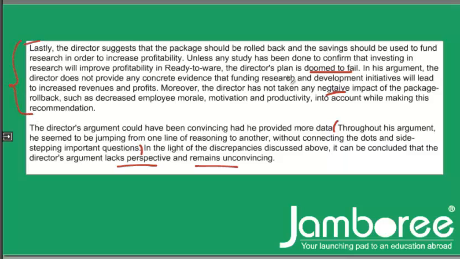I'm just talking about the error, and I'm also talking about what should have been present, what is not taken into account. So then I am done. Then my conclusion paragraph can be short. Right? So this is another